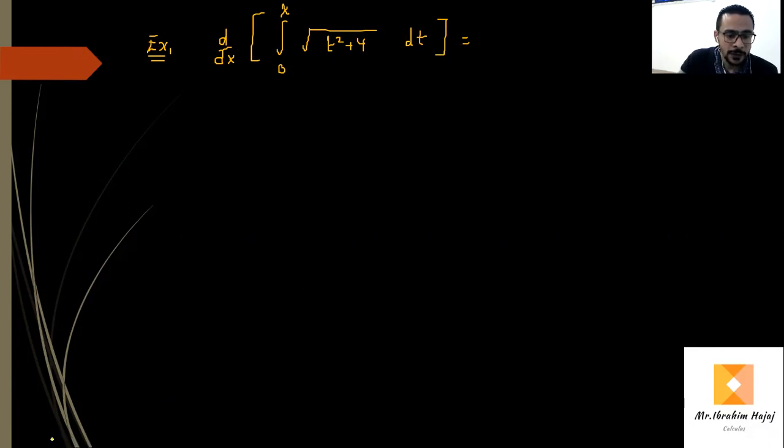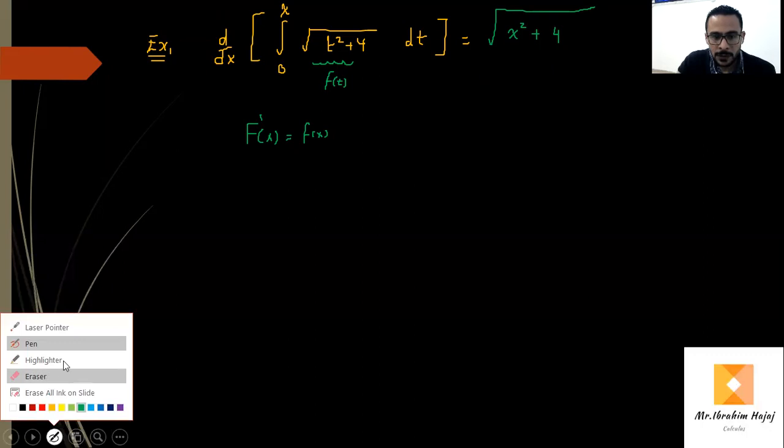As a student, guys, in grade 12, you should write only that the answer equals, you know now that all of this is f of what? t. So this all is going to equal what? F capital or F uppercase of t or of x, because F of x, the uppercase one, is at the end the antiderivative of f of x. So simply I will replace this t by x, so I have the square root of x squared plus 4. Okay, so how to pick your answer quickly? You just replace this t by x. Okay,